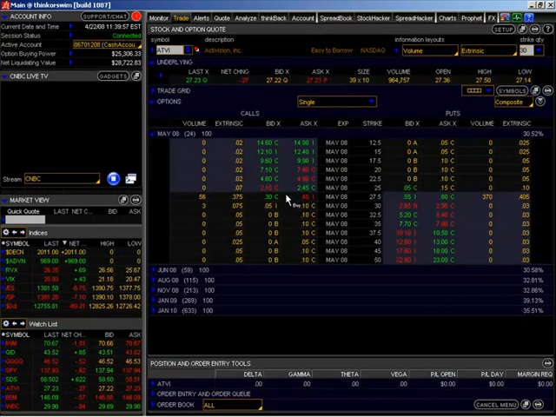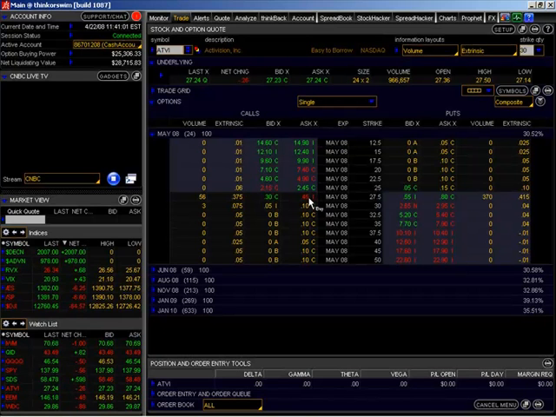slowly, day by day, this option that you purchased, if the stock does not move, would slowly erode in value. Why? Well, the reason is that you have the right as a call buyer to purchase the stock at the strike price that you purchased, in this case $27.50, at any time before the third Friday of May. As we get closer to the third Friday of May, the chances of that stock moving up beyond this strike price of $27.50 becomes less and less certain. And because of that, the option has less value to it.